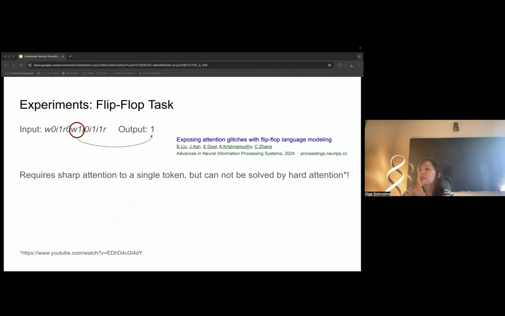So to solve this task, the model has to be able to sharply attend to the latest occurrence of the W symbol, the position of which varies between sequences due to ignore instructions. Here at the bottom, I added the link to the talk on hard attention that I had recently. The presenter was also talking about counting tasks, which we will consider next. The problem with sharp attention here is that we actually tried it, and I think maybe the authors also tried sharp attention on this task. It fails because sharp attention cannot do this counting.